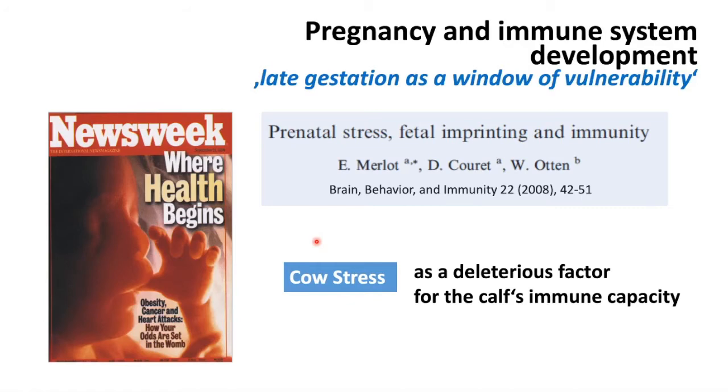more infected during later life. There's another story I very often like to talk about. It addresses stress in rodents. There was a nice study where pregnant rats were treated, or one group was treated with dexamethasone in late pregnancy. The other group was left untreated. Then the pups were followed for 6 months, and even after 6 months you could see differences